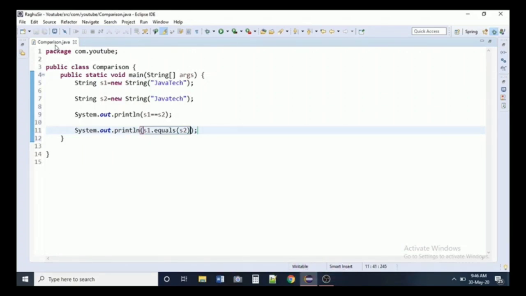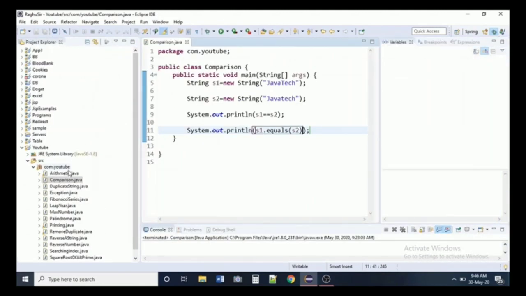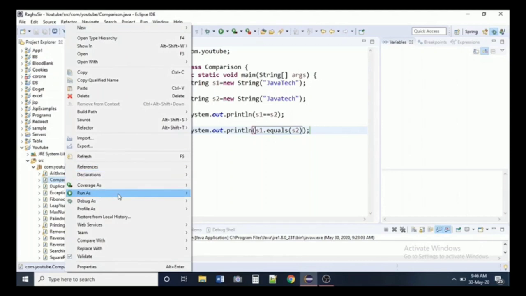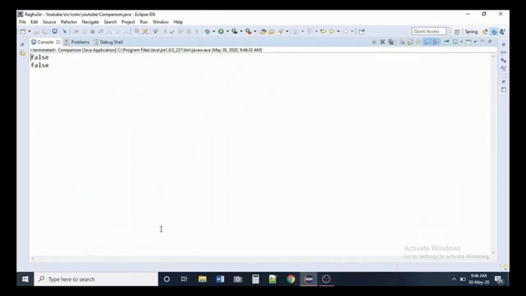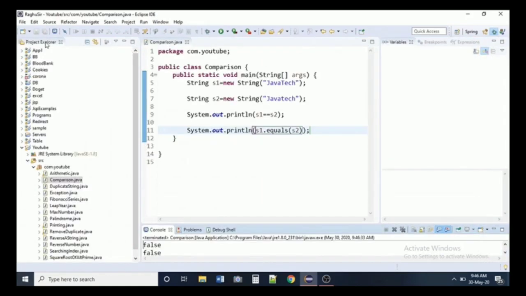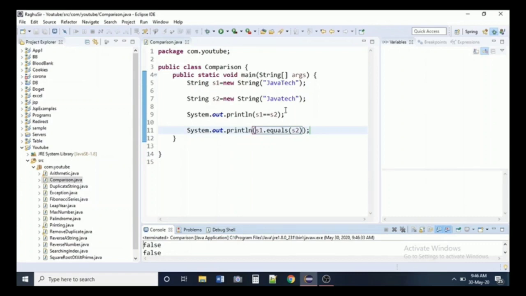Now I'm saving my program and I will check. I'm running my program here, as a Java application. Now I will get two answers as false, because I made a small mistake here. In my second string I wrote Java Tech with a small t in Tech. I have to write a capital T, because it will check every character for comparison.